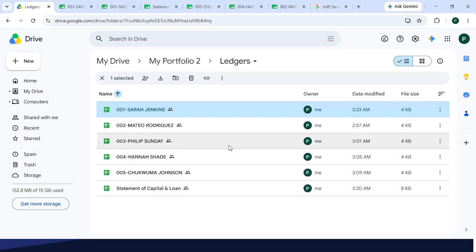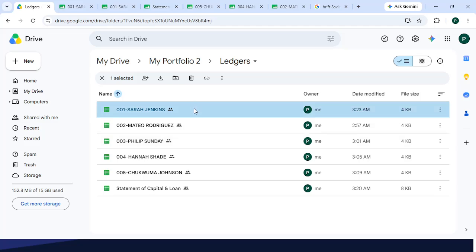Alright, so I bring to you the multi-ledger savings and loans template that is built for investment companies. So here is how it works. As you can see, these are the various ledgers. These are just demos. The actual one that I built is larger than this, built for more than 30